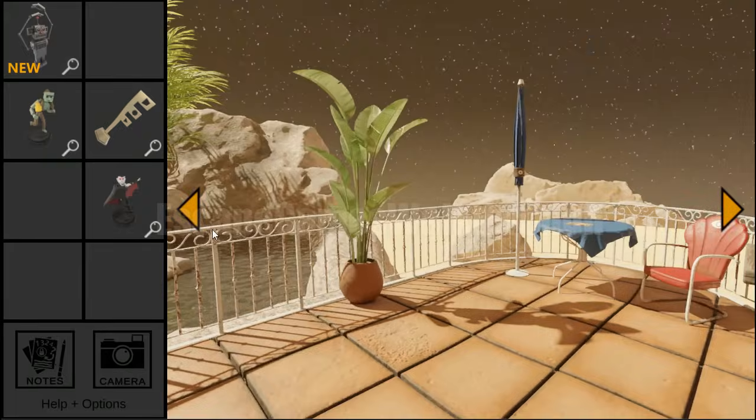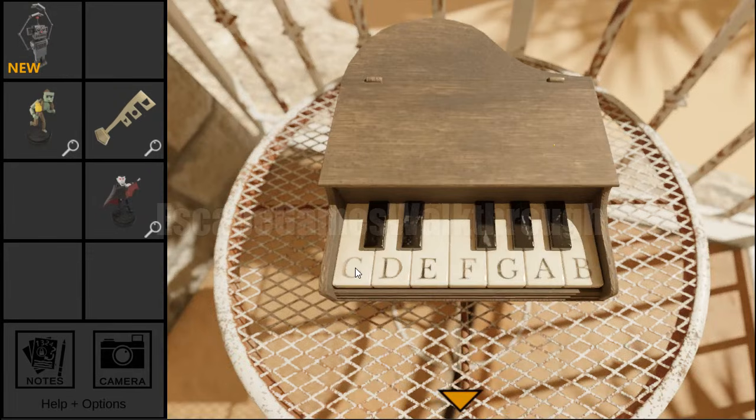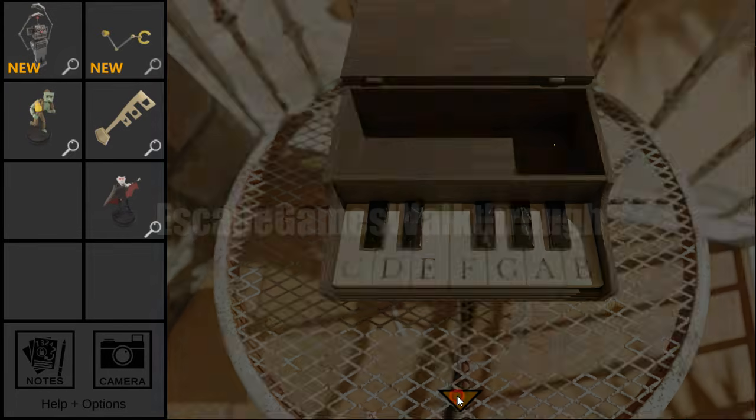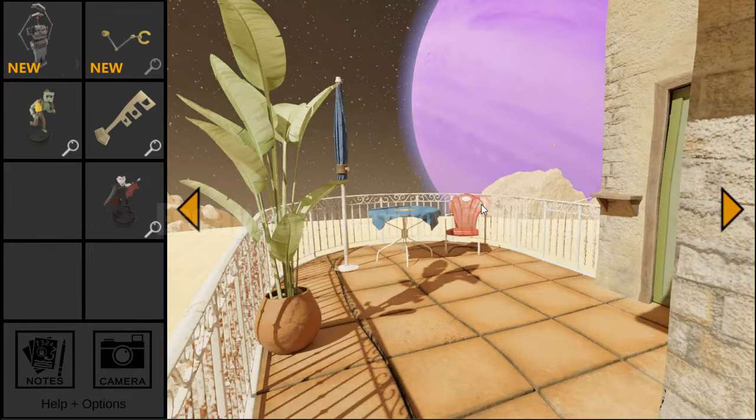Going out, running for the piano and playing cabbage faced. C, A, B, B, A, G, E, F, A, C, E, D. Now we have taken the claw for the submarine. Then nothing to do here, going out,